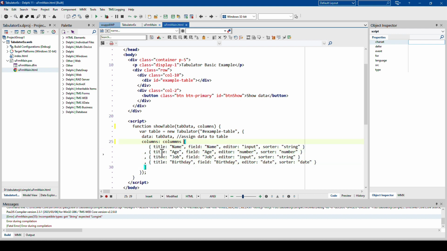That way, again, TMS Web Core would do the work for you and generate the JSON for you. The advantage is you would once again have type safety at compile time, which here, of course, you don't have.